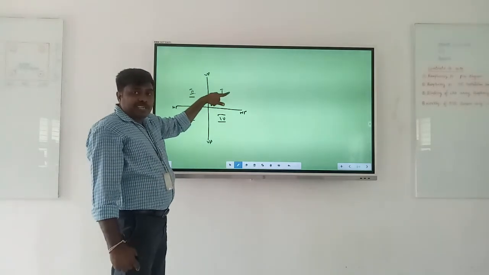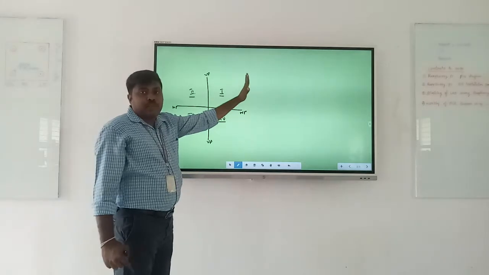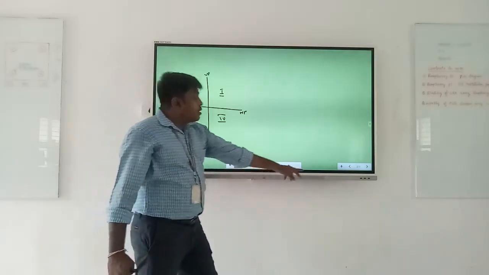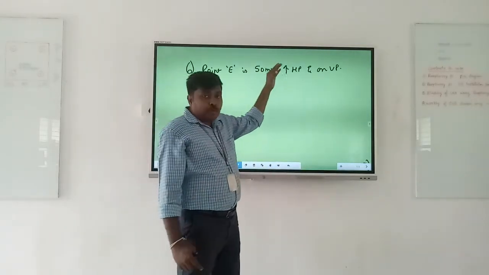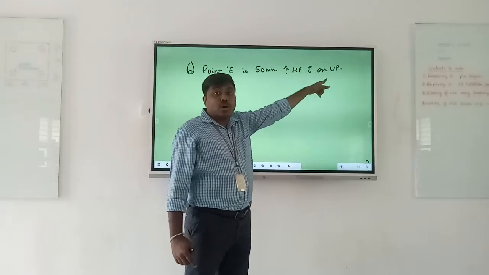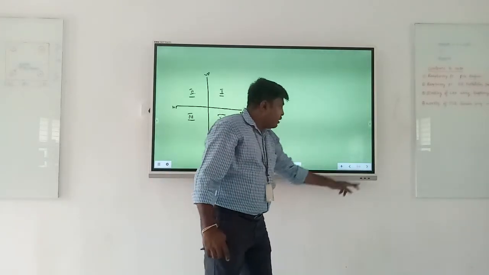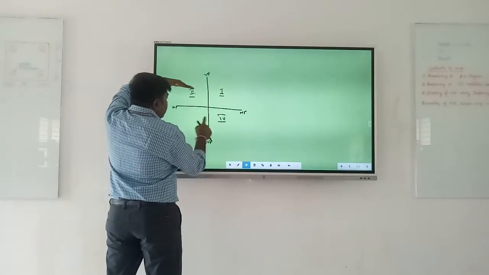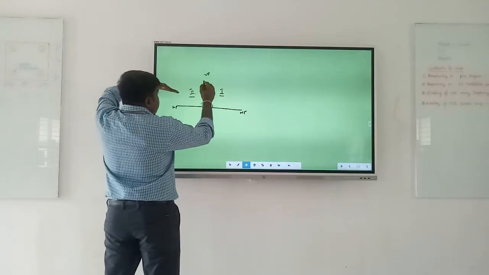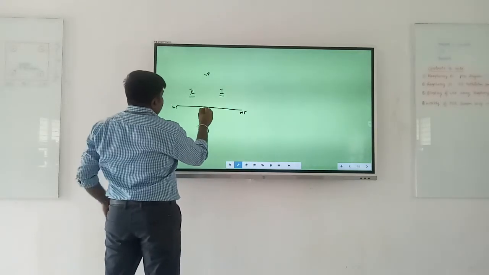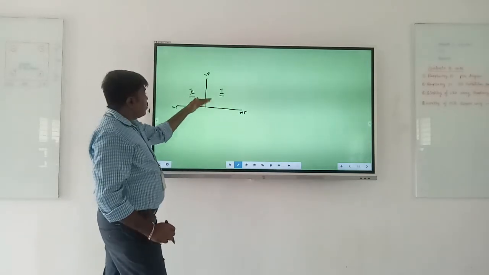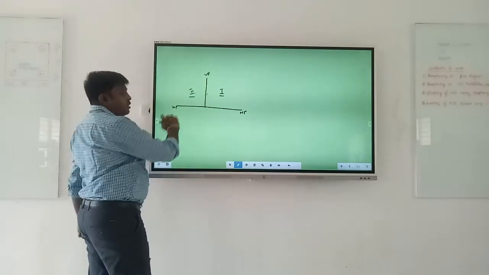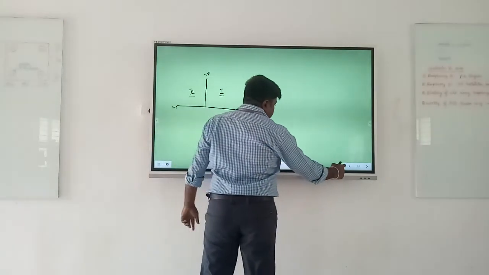If it is quadrant number 1 completely, then your question will be above HP in front of you. Suppose if it is second quadrant, the question will be above HP behind you. Whereas in the question we are solving, it is above HP, neither in front nor behind, it is on VP. So for that case, it is above HP means above the line. So there is no worry about third quadrant and fourth quadrant. Above HP, in front means first, behind means second. Now it is neither in front nor behind, it is on, means on the line.